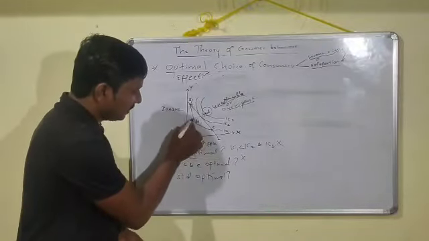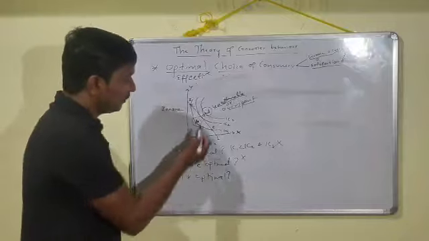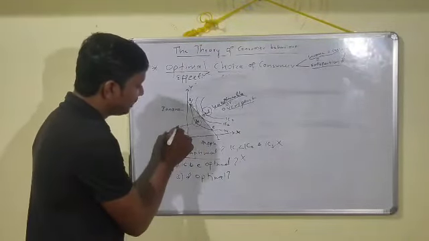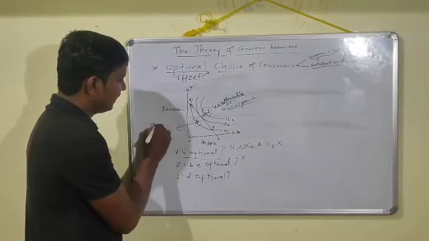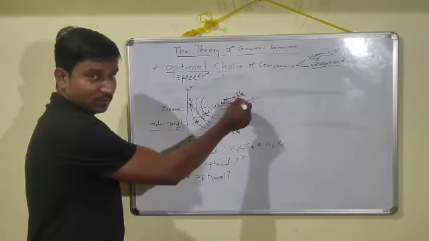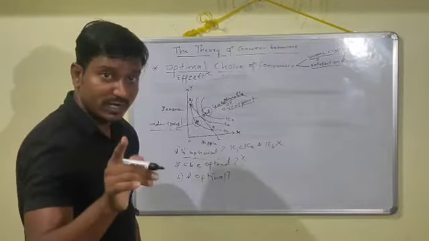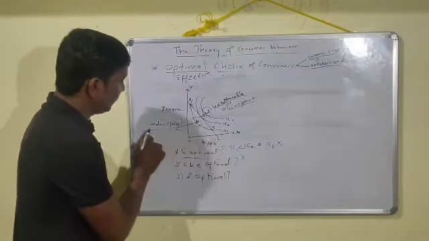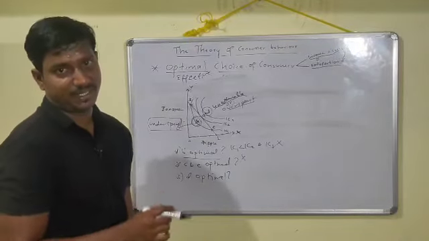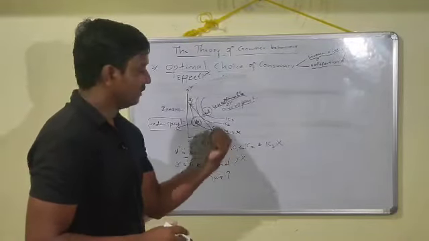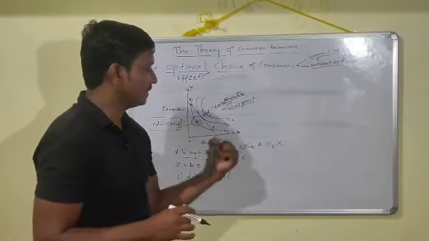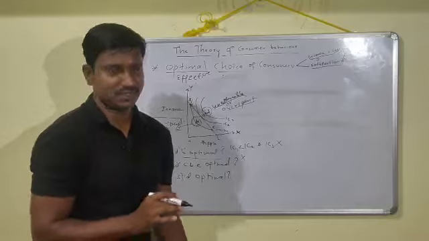In the same way you can see this point B also, which is below the income, which gives a lower level of satisfaction. This point can also be called underspent. Point D can be called overspent or unattainable point, whereas point B can be called underspent. Which means, what does underspent mean? You have more income but you are spending less and you are getting one level of satisfaction, which is IC1, which again we have rejected.